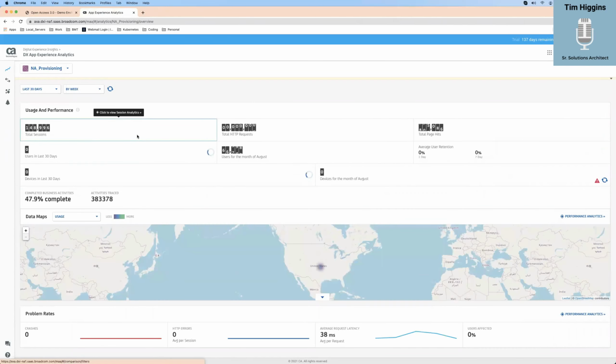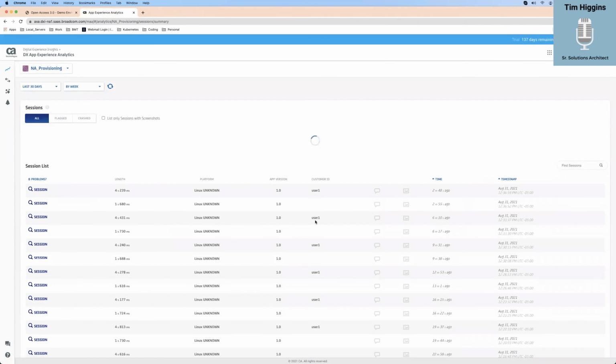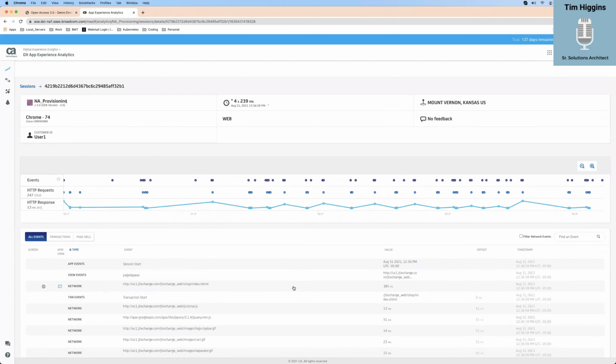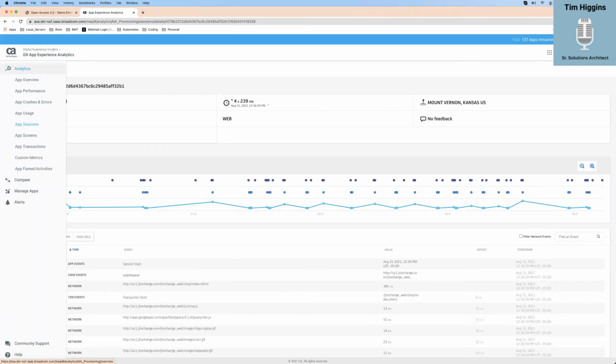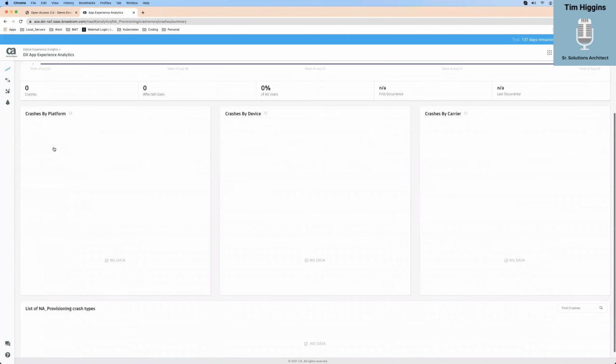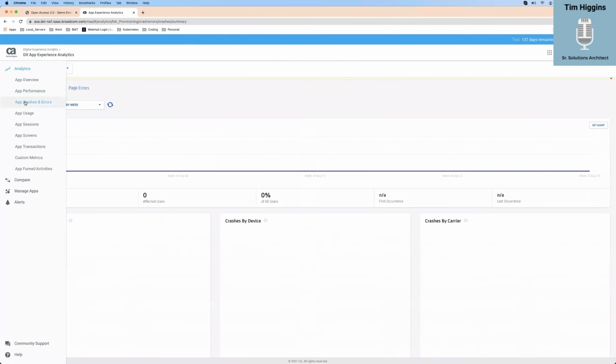So, I talked about it. If I clicked on total sessions, I can see my total sessions. I can filter by who, the time. If I clicked on one of these, then I can go in and right away start debugging just by clicking on information. Now, if you didn't want to go that way, you can go directly to your errors, right? Crashes and errors. And that would show me if I have any. I don't have any. And then you can see it in app screens as well.